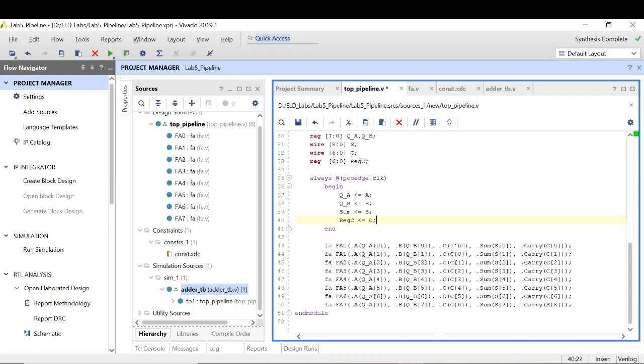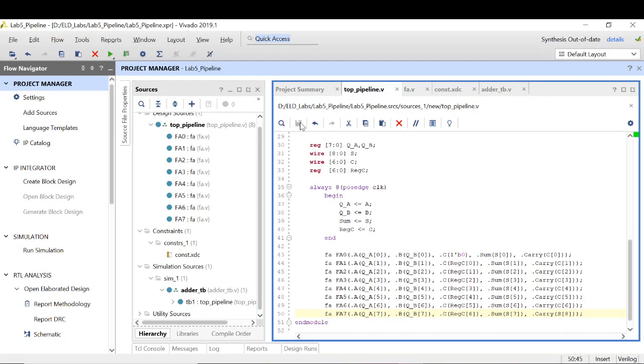Now the first carry is fine because the first carry is 1'b0, but the second carry should come from the output of the flip-flop. So instead of using C1, I will be using reg C1, reg C0. Similarly for all the cases: C1, C2, reg C5 and reg C6. That's fine. So next I will save this design.